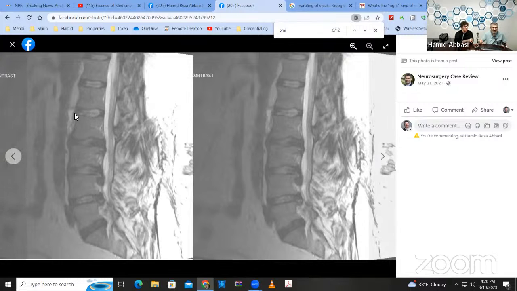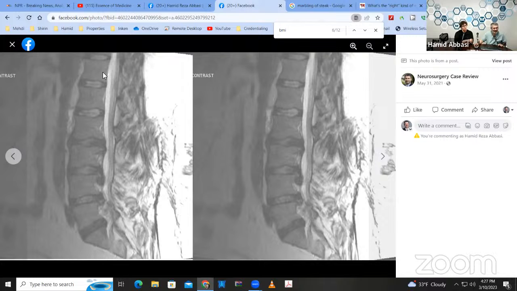So what is this right there? That'd be the disc. That is the disc. A normal disc has lots of water, so it would be white inside, and a bad disc is actually dark. But generally, in the rest of our body, if you see swelling, if you see lots of fluid accumulation, lots of white, that usually means a pathological sign.